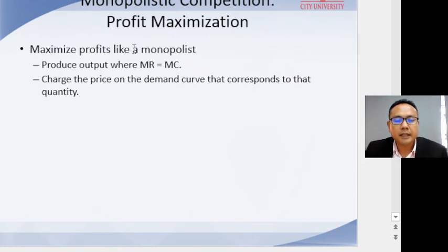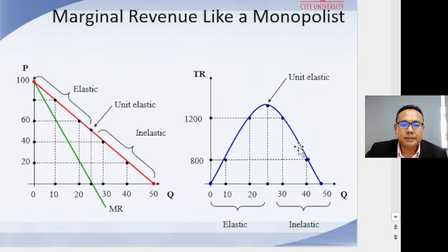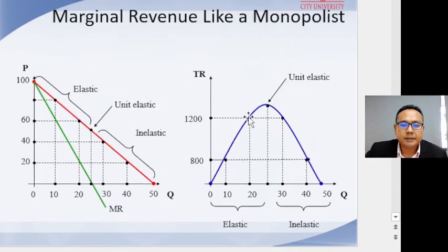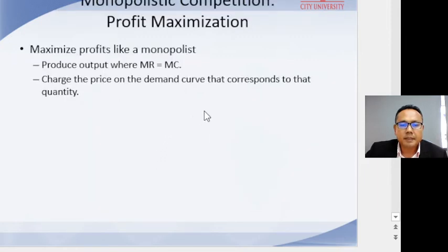Okay, how can we maximize the profits in monopolistic competition? Maximize profit like a monopolist. I mean, you have to produce output where marginal revenue equals marginal cost, then charge the price on the demand curve that corresponds to that quantity. So this is how we can relate with this point. You can charge the price on the demand curve that corresponds to that quantity. All right,